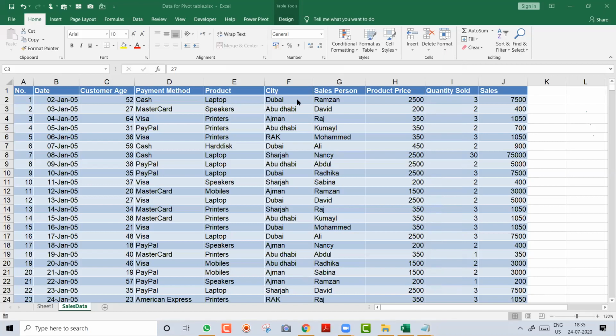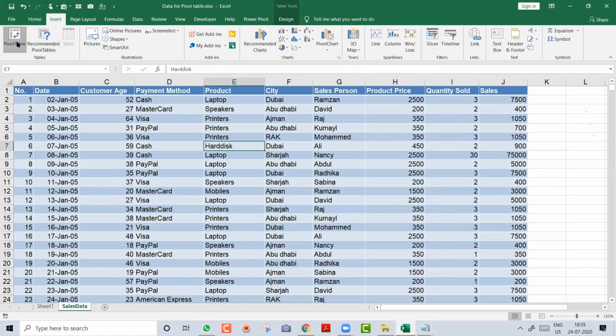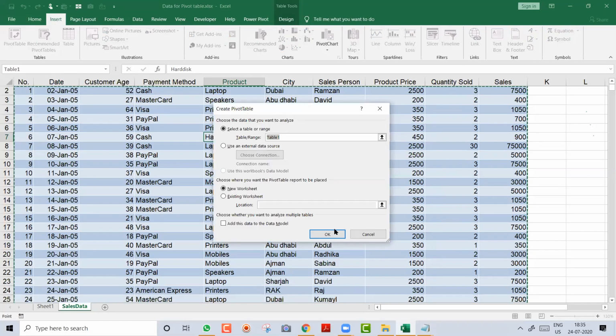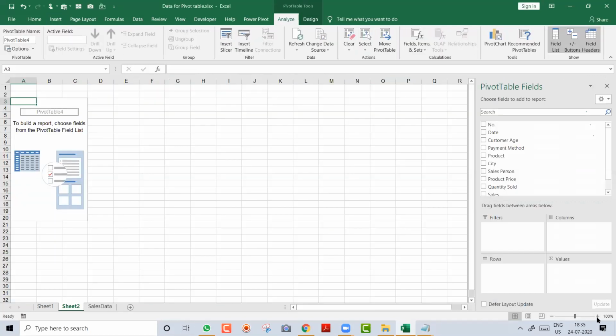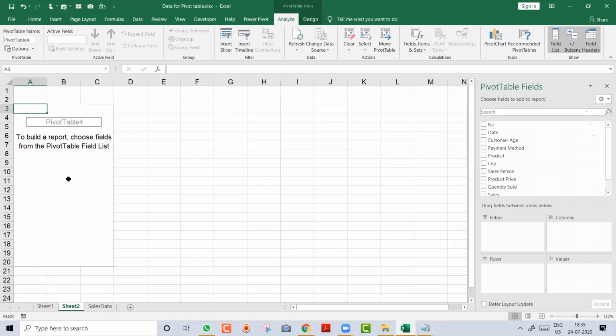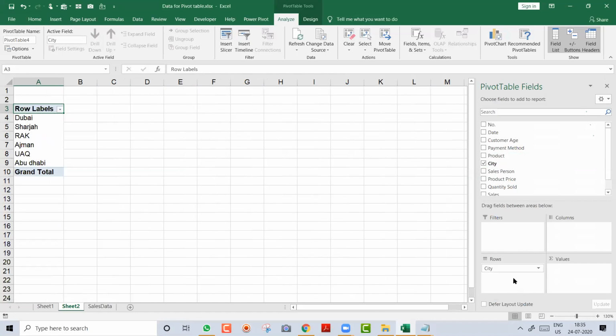Okay, now, friends, I want you to pay attention. So now, how do you create this? If you want to do it with me, do it with me. If you think no, you will see and then do it afterward, no problem. So the first step is the same. I say insert and I click on pivot table and I say okay. New sheet came. Now I want to create city-wise sales, first step. So this city, I will put it under the row. So I got all the unique names of the city. And this sales column now is important. Pay attention, don't practice with me.